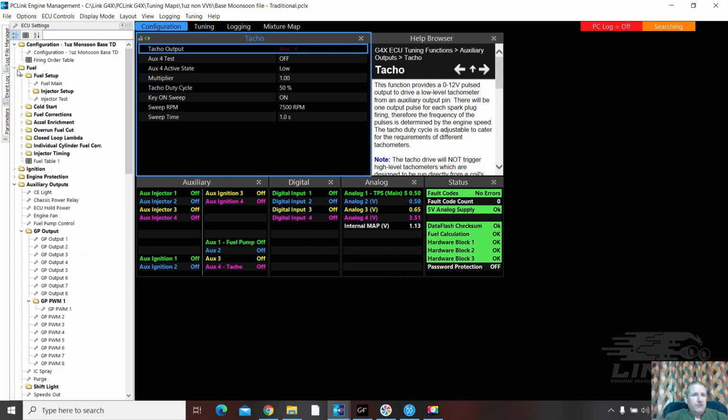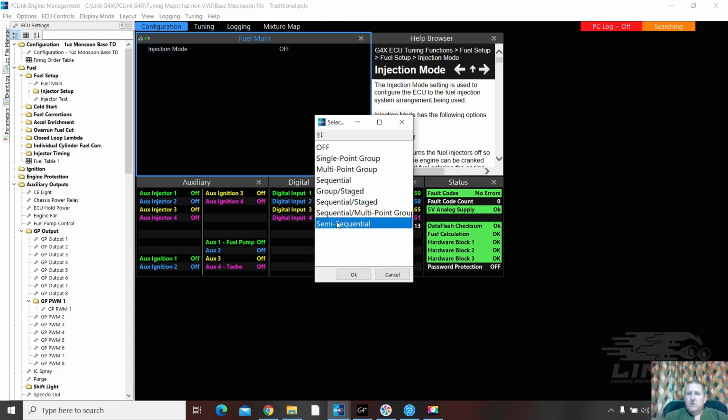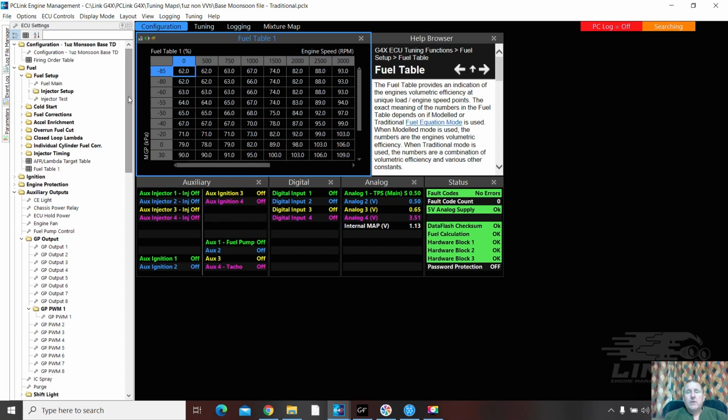Let's bang some fueling into it. Fuel setup. Fuel main. Semi-sequential. Semi-sequential. And that's a big change too with the X over the G4 Plus. They gave us semi-sequential as an option. What it means is on a 4-cylinder, you will get some. Oh, sorry, with a 6-cylinder, you'll get your extra injector driver as an auxiliary. Those numbers are going to need to be moved. Okay, they're not going to be correct. So when you get it running,